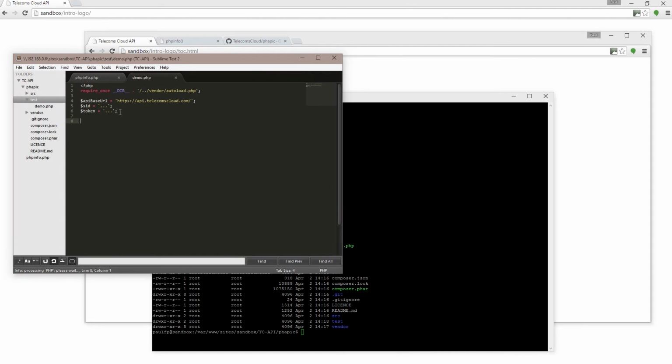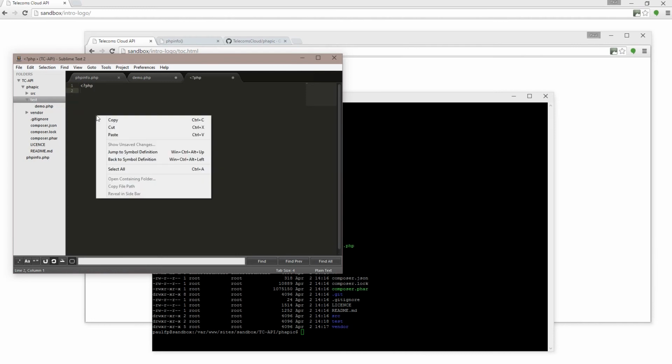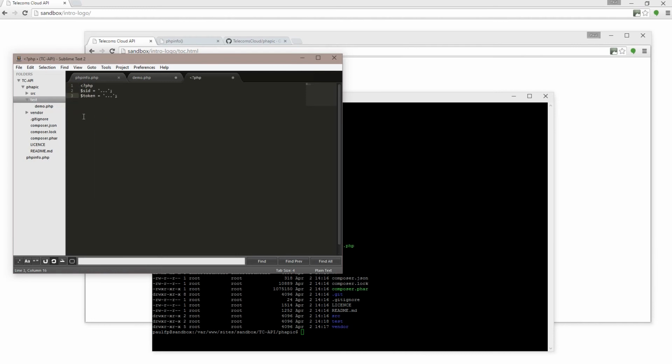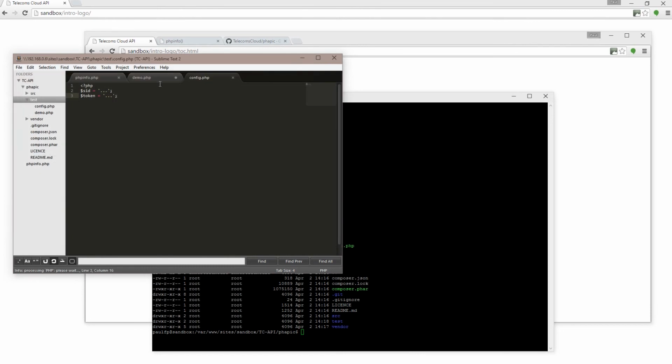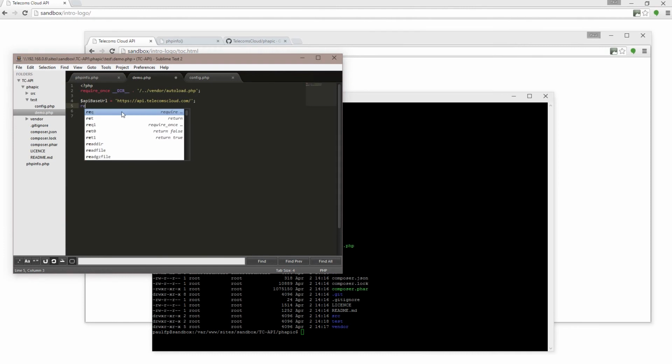And then what I'm going to do is remove these two items, create a new file, paste those there, and I'm going to call that config.php. And back in my demo file, I can require